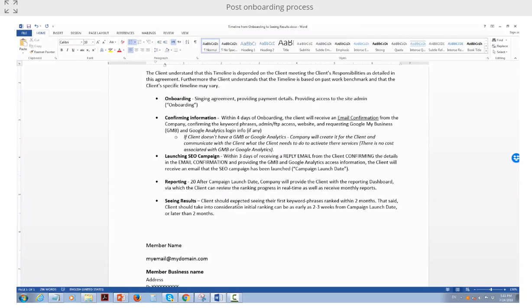So they should be ready to be billed even in the first month. They can get a bill even in the first month, okay, as we rank them in the first month. And obviously it can take longer than 2 months. This is a pay-per-result